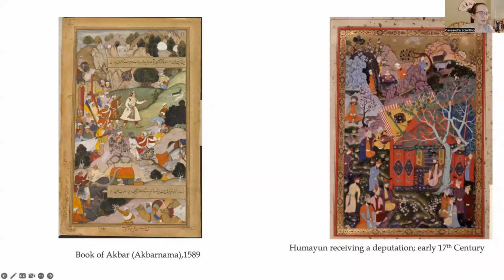Now, from a stylistic perspective, I just wanted to show you, here is a Persian painting on the right, Humayun receiving a deputation, that is the son of Babur and the father of Akbar. And then we have the Book of Akbar here. I think you can see the Persian painting is much more like a mosaic of jewels, and it glitters and it's densely packed. The figures are fairly small. There are more forms per square inch by far in the Persian than there is here in this Book of Akbar, which is now clearly drawing on the more open